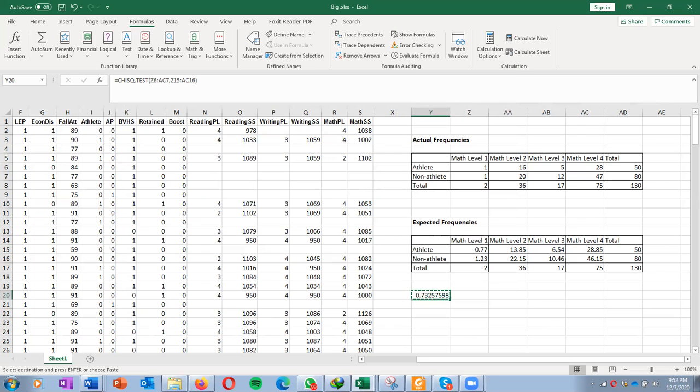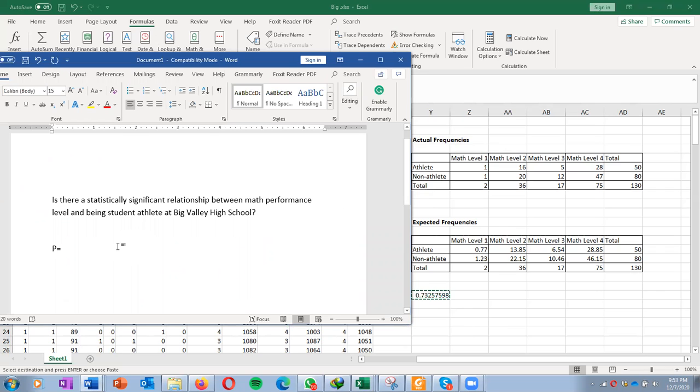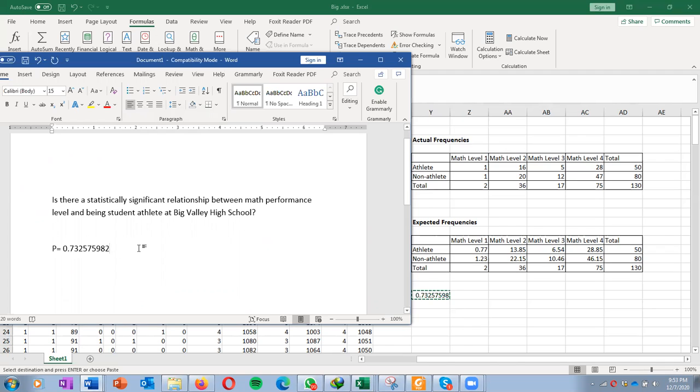Copy, and then where is our questions here? So we can paste here, right? Because this is 0.773, it means that no, it is not statistically significant, or there is no statistically significant relationship between math performance level and being a student athlete at Big Valley